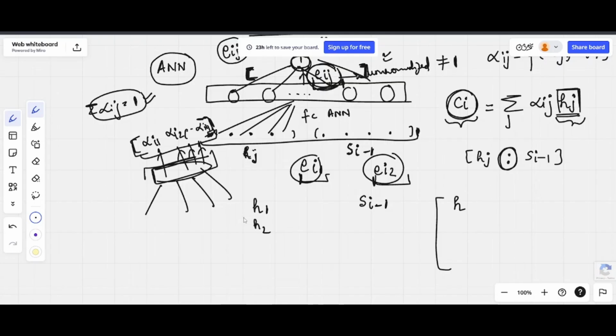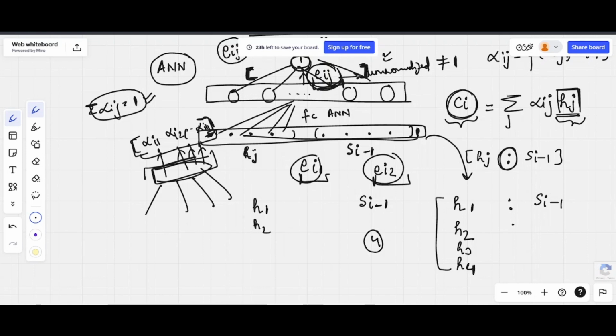You will have h1 concatenated with si minus 1, so exactly what we have here will come here. Similarly h2, h3, let's say we have 4 hidden states or 4 inputs, then this is how the matrix will look. This si minus 1 will remain the same. You pass this entire matrix,